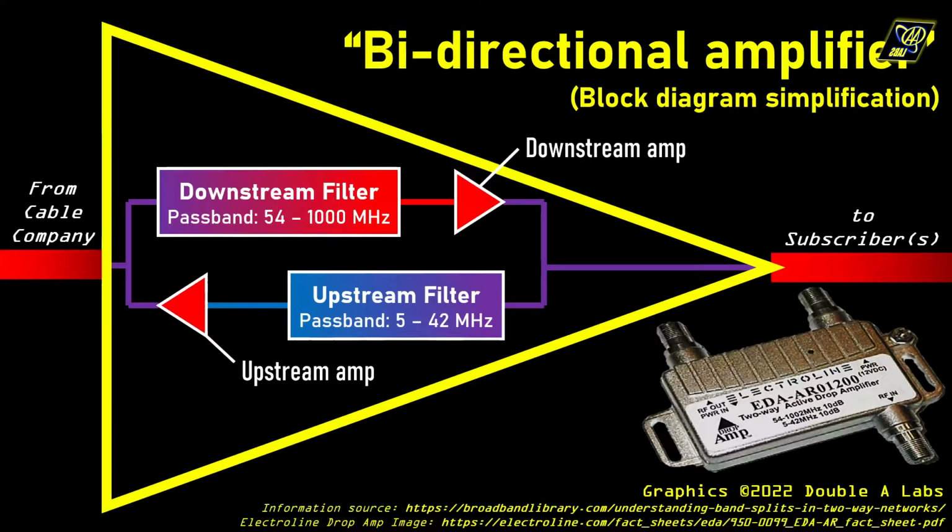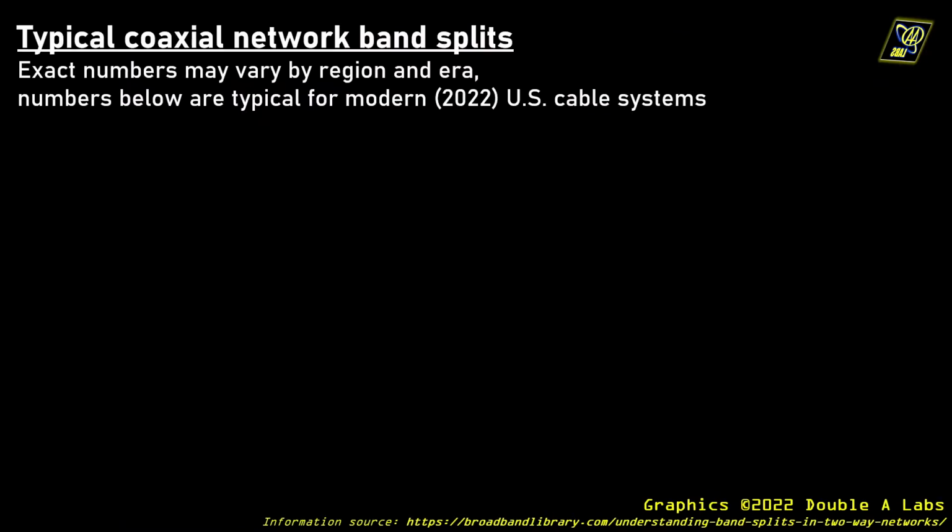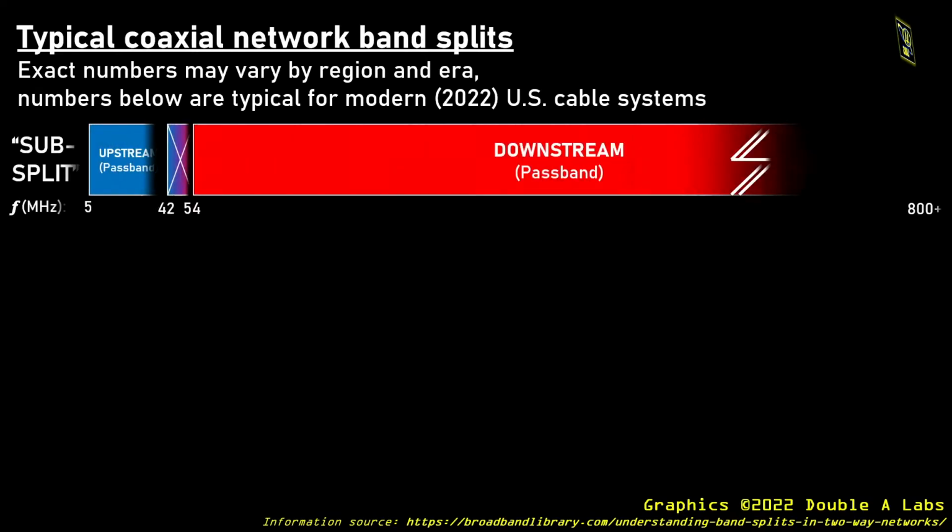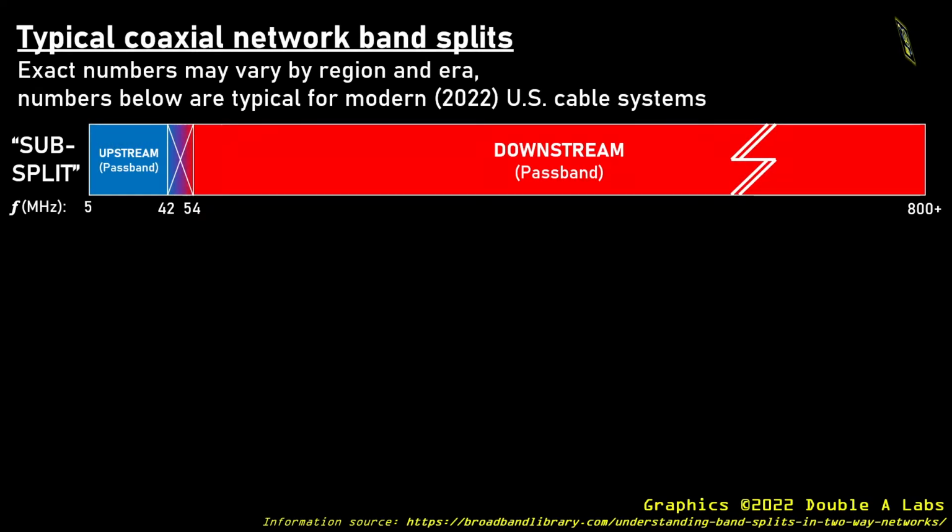The question then for a cable network operator is, where do you put that split between the frequencies that go to the customer, or the downstream, and the frequencies that come back from the customers, or the upstream? Early two-way networks were sub-split. Little upstream bandwidth was needed, maybe for phone calls, telemetry from TV boxes, a viewer request to watch on-demand or pay-per-view content, and maybe, by today's standards, slow internet.